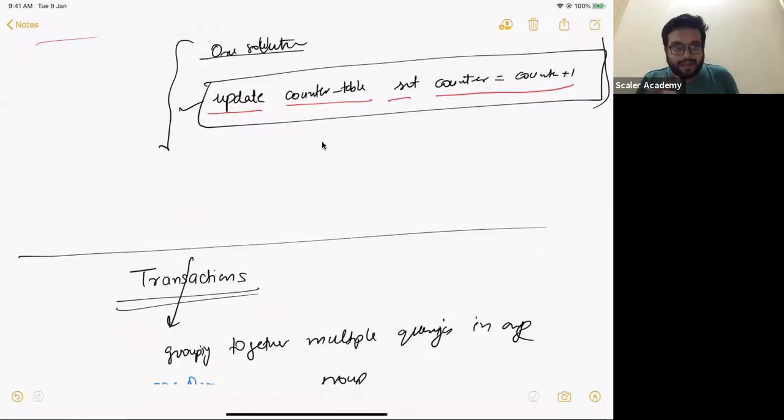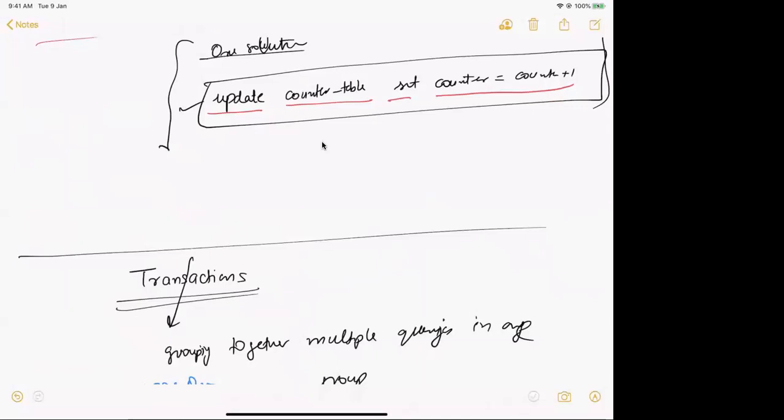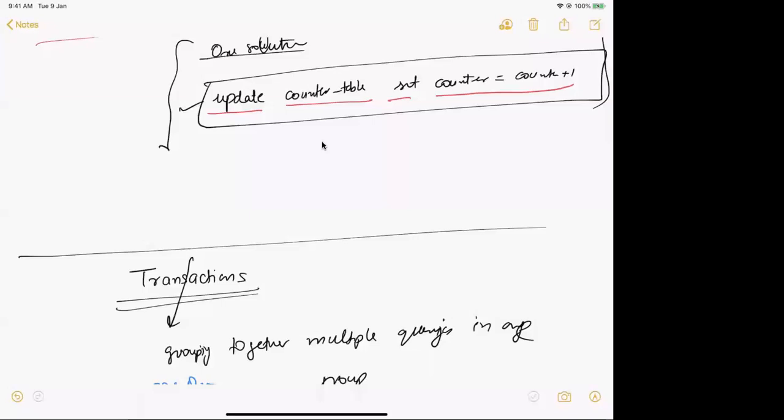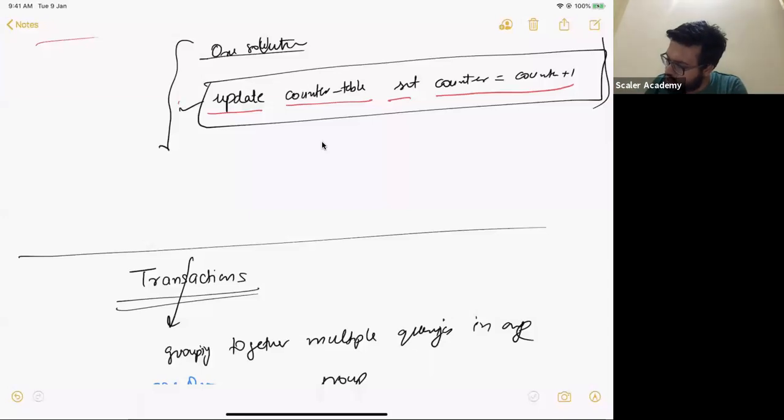Now, Vaishali, to explain that, this is the diagram that I just drew. This can only be explained if one single statement is making sure that nobody else is going to come in its way and do something funny. Does it make sense? Right. So you're basically saying that when my select is executing, nothing can update. So nobody else can update the same thing because there is a select statement running on it. Okay, got it. So that overlap problem in itself, but this is not a solution for everything, right?